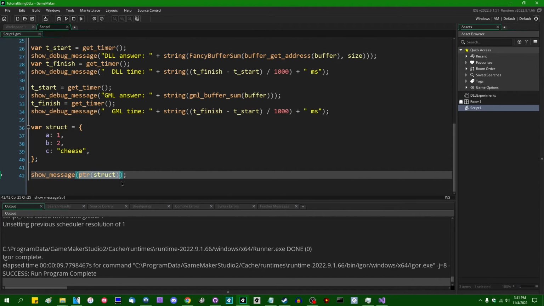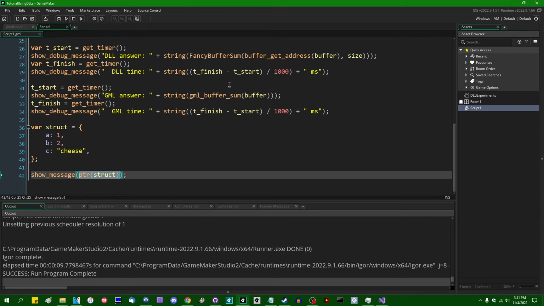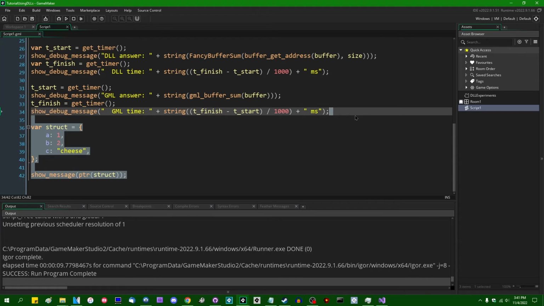And it is possible to pass a pointer like this to a DLL. If you know exactly what the struct is composed of, and how structs inside GameMaker are laid out in memory, then it is possible for you to actually mess with it in that way. But that is something that is not officially supported. I know a few people who have done some fascinating experiments, let's call them, with structs and pointers and DLLs, but